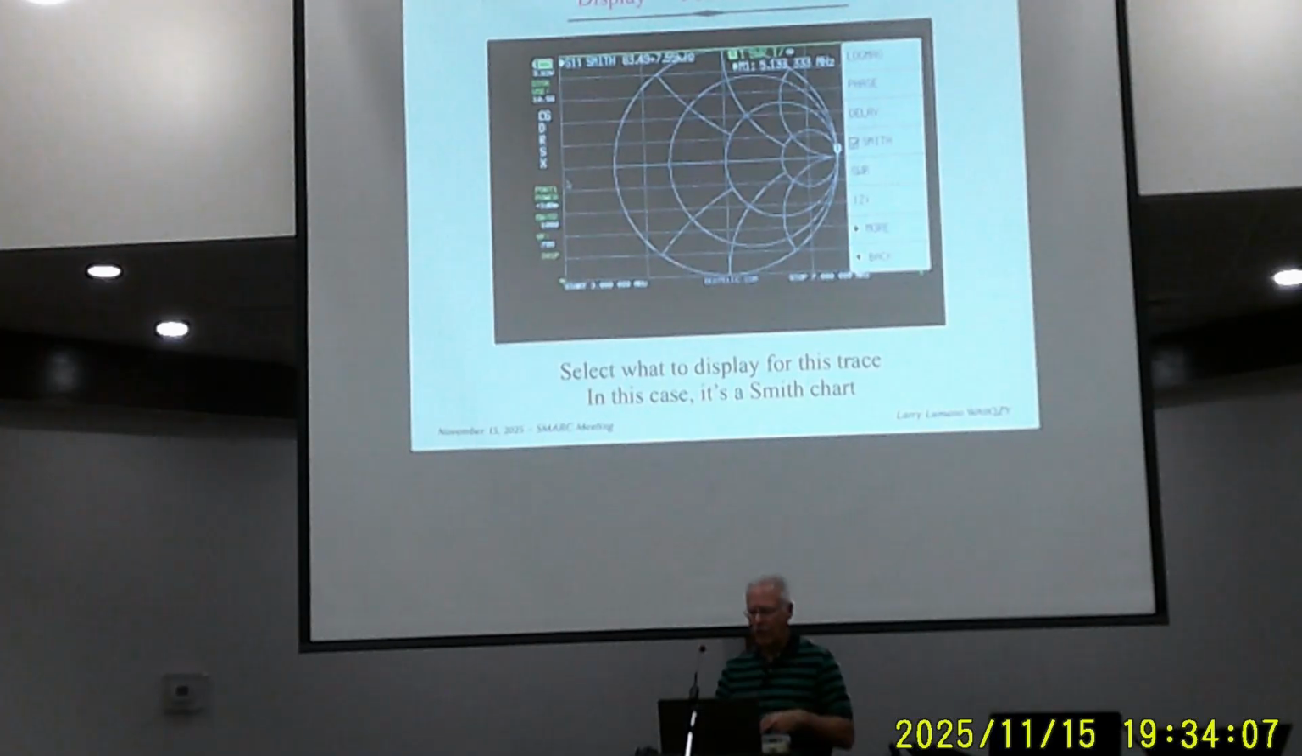If you go to format now, it asks whether you want that trace to be a log mag, which is return phase, which you probably won't ever do. Delay gets into measuring cable length, which we don't have time to mess with today. Smith is checked, that's why you see a Smith chart. SWR, the magnitude of the impedance. If you say more, you can plot the real part, the imaginary we talked about, and some other various things you can do. So we went through, we said, I want trace 1, I want it to be a Smith chart,